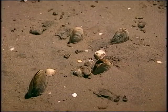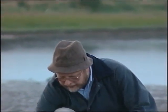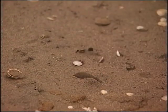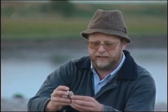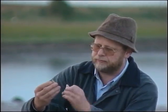There's quite a lot of bivalve shells here, stuck upright in the sediment with both the valves together. It seems that they've been preserved in life position, but we can confirm that by looking inside the shells. If I take one out and open its valves and empty out some of the sediment that's inside, we